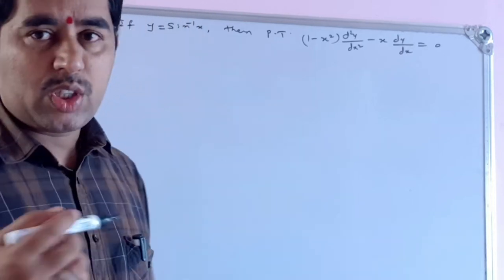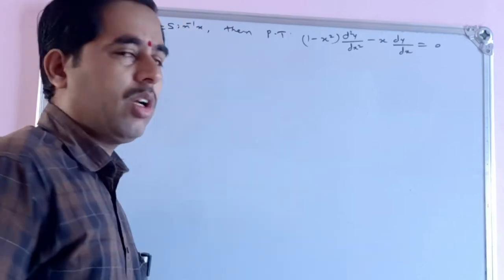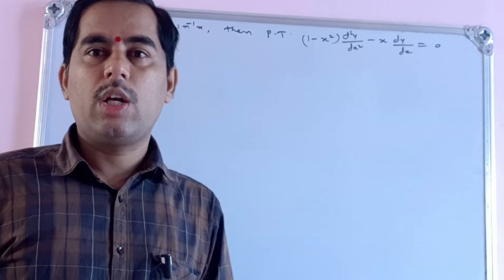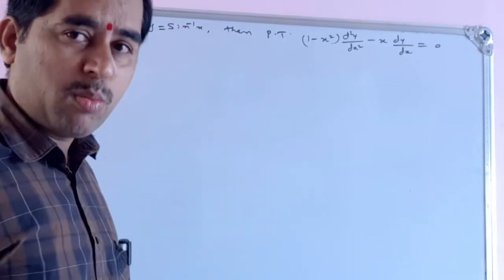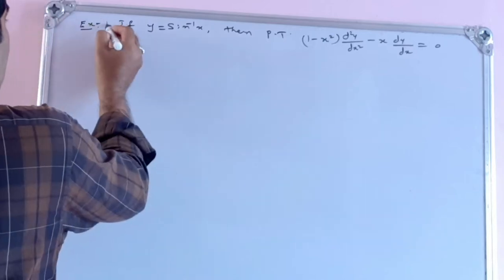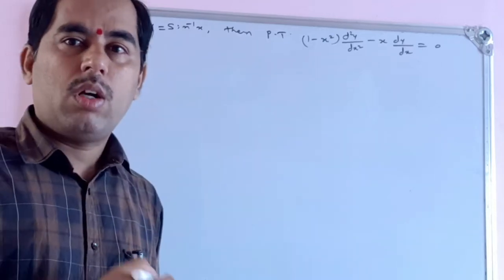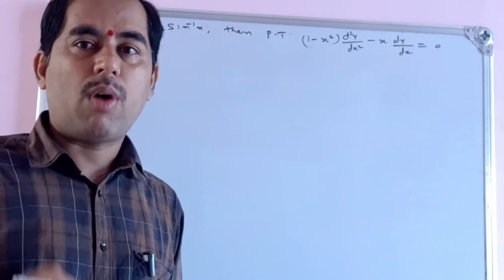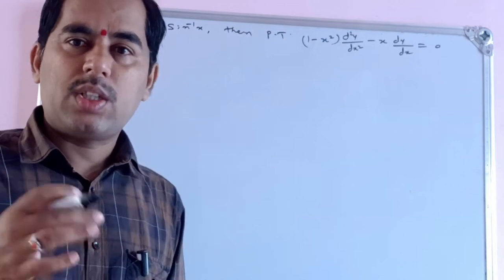The notation for the first order derivative, second order derivative, third order derivative, and generally the nth order derivative, are denoted by y1, y2, y3, y4. We have worked out some simple examples. In this class, let us consider some more examples which carry 5 marks. We can expect one question on second order derivative in part D, so let us consider such examples in this session.